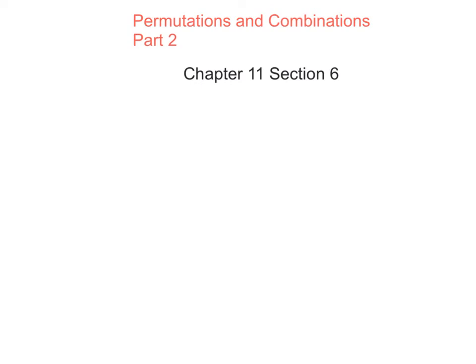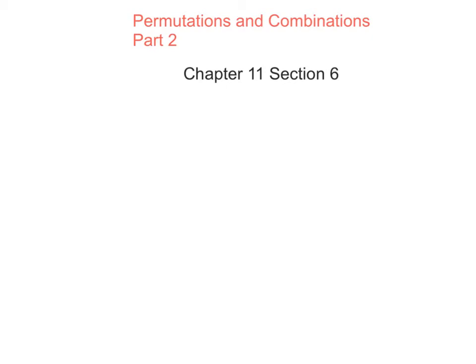Now, in part one, we talked about these friends going to a movie theater and the different seat combinations that they could have. And we talked about how important order was. If person A wasn't sitting next to person B, then that was a completely different setup and a completely different order. So in this part of the section, order isn't going to matter so much. And we'll give an example of why order doesn't matter.